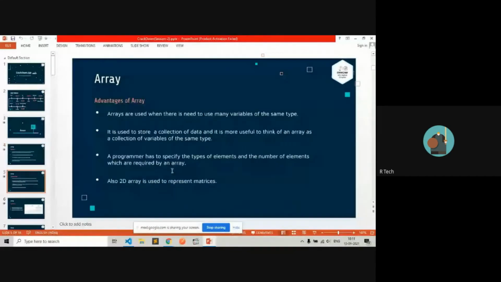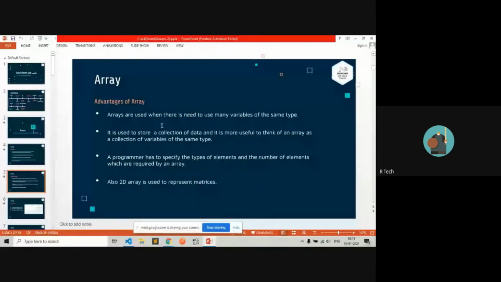Arrays are used when you need many variables of the same type. It is used to store a collection of data, and more usefully, an array is a collection of variables. That is one way of understanding it. A 2D array is used to represent matrices.